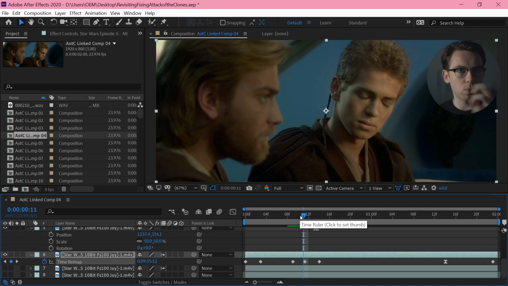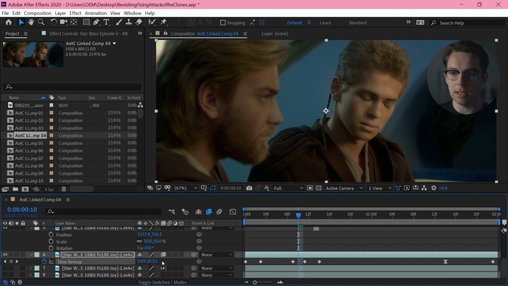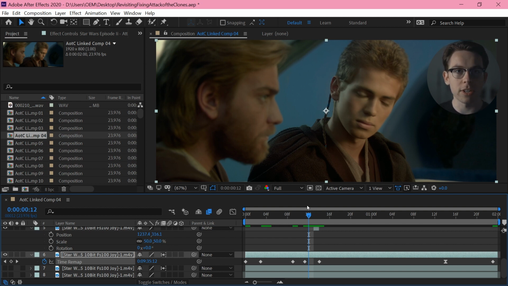But then, because I'm squashing and stretching the footage, there isn't actually a frame that lands exactly on every frame. So by default, After Effects is just going to use the nearest frame, which is not what we want, because that means that it's going to have all this stuttering in it. So we can toggle the frame blending mode to fade between each one, which gets you this look, which is sometimes handy and doesn't take too long to render, but we want to switch it to optical flow or morphing, so it generates a frame in between each frame.